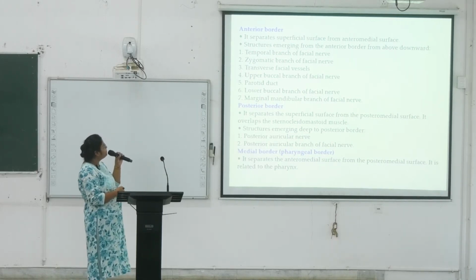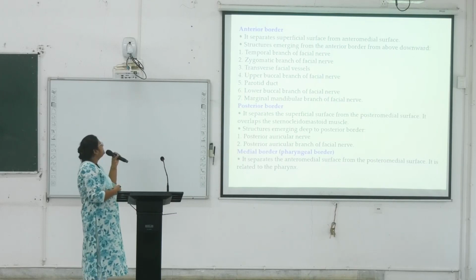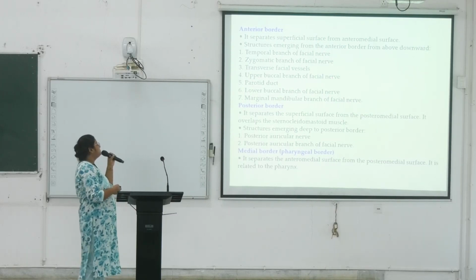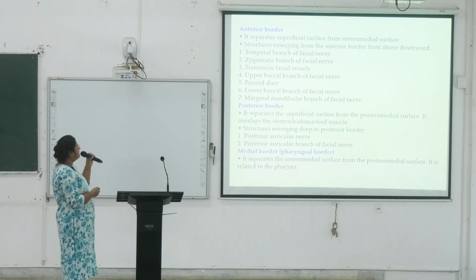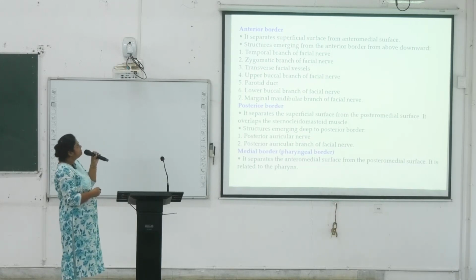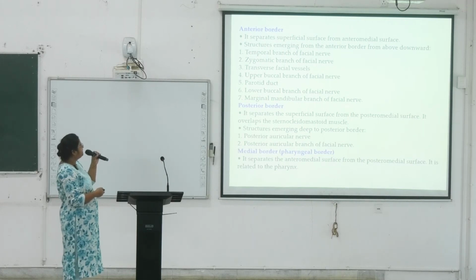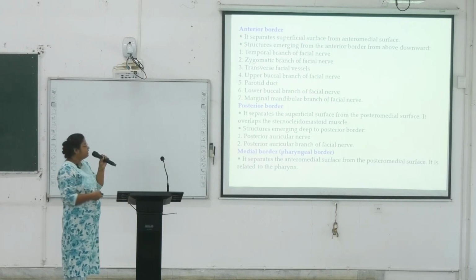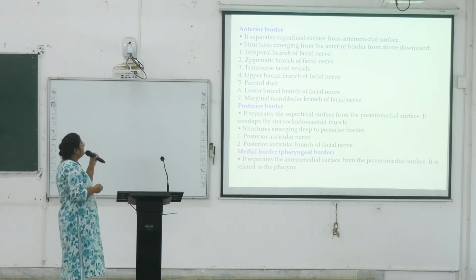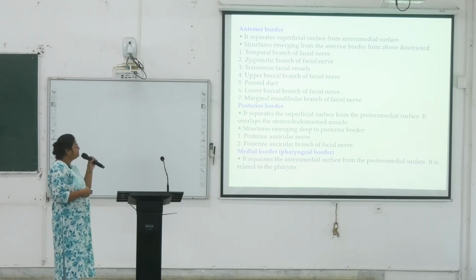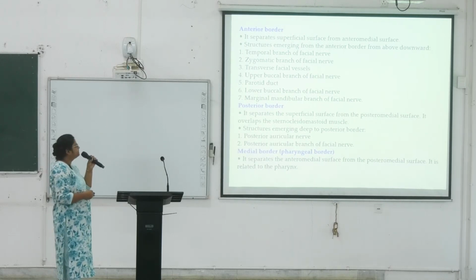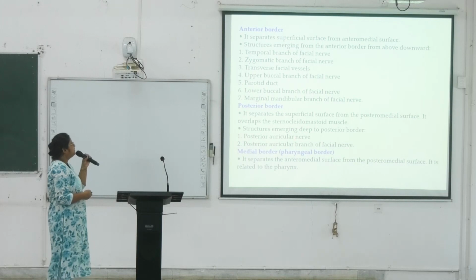See the names: temporal branch of facial nerve, zygomatic branch of facial nerve, transverse facial vessels, upper buccal branch of facial nerve, parotid duct, lower buccal branch of facial nerve, and marginal mandibular branch of facial nerve. This is from above downward. Okay, sequence is important. Then posterior border, it separates the superficial surface from the posteromedial surface and it overlaps the